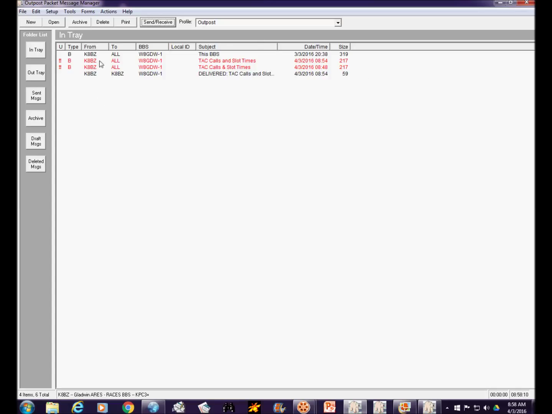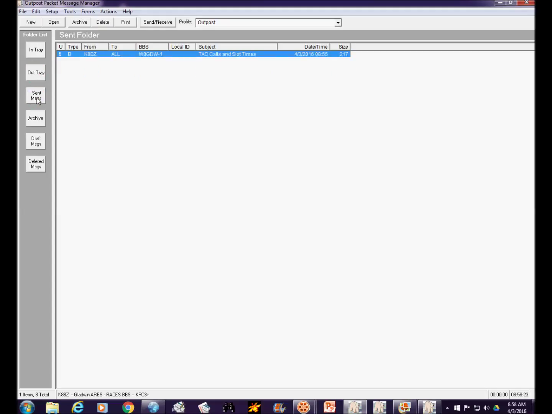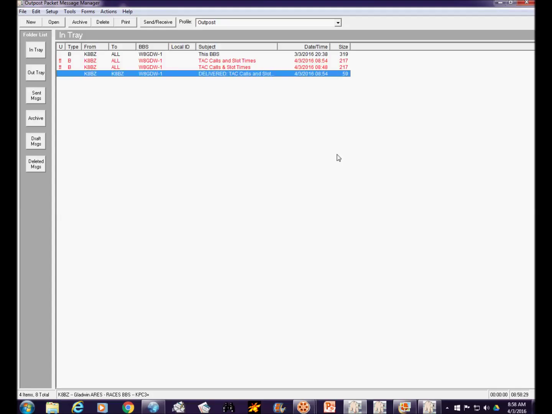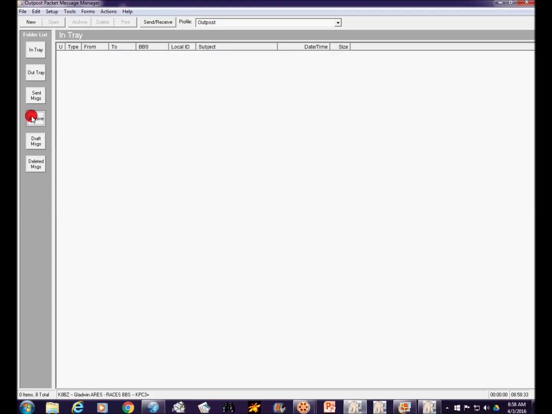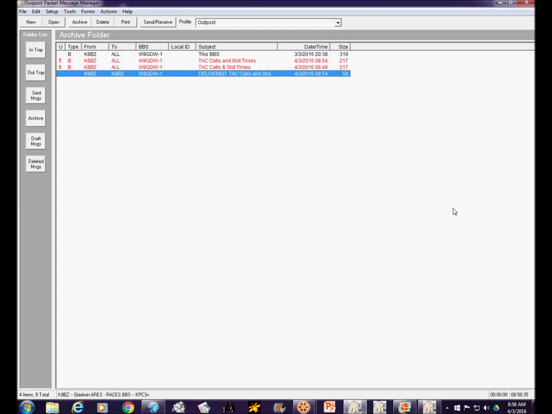Now they still exist here in Outpost. This is just in your computer, in your file system in your computer. So all these messages are in our in tray, nothing in our out tray. Here's the messages that we have sent since I deleted everything. Draft messages, deleted messages. So all of these we're done with. We can send all these to the archive folder, and they will reside in the archive folder until the end